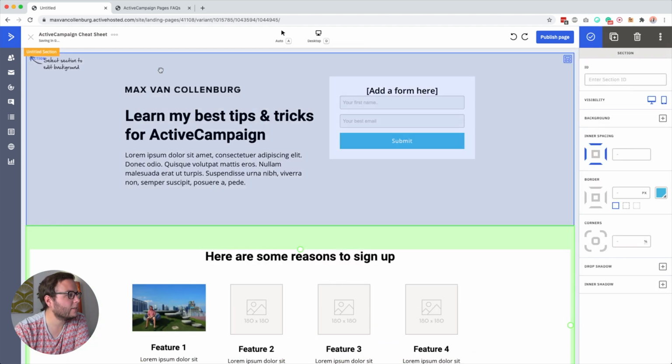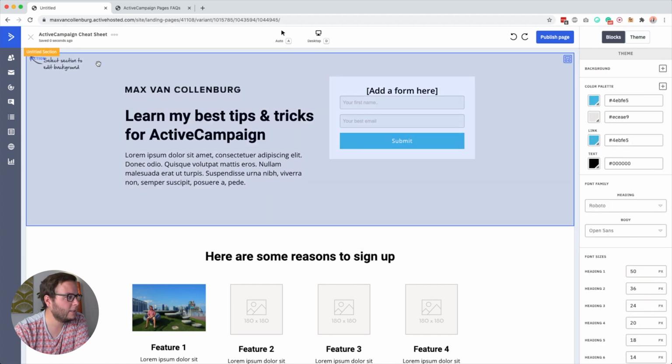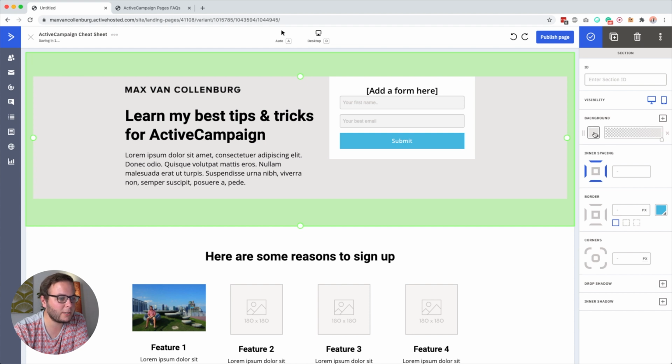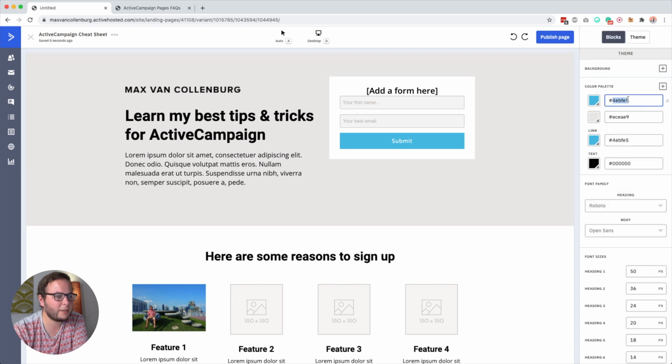Okay, so then here's the select to edit background. So let's do that. So here it has like an image in the background. So that's that little thing. So apparently we can also add like a photo there or maybe some pattern, but I don't want to do that. I just want to keep it simple. So here, this is way easier. So I don't get why we can just say here, okay, I want to have it